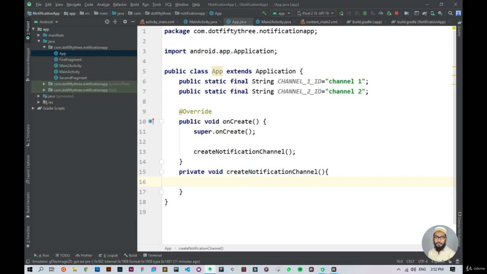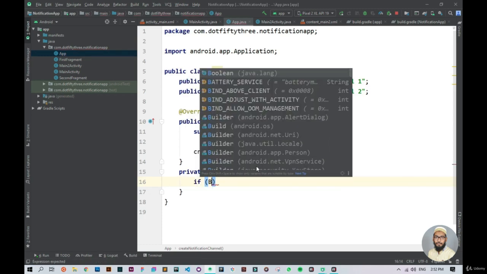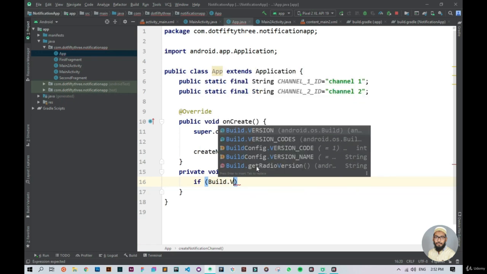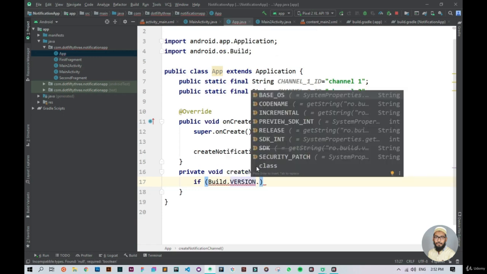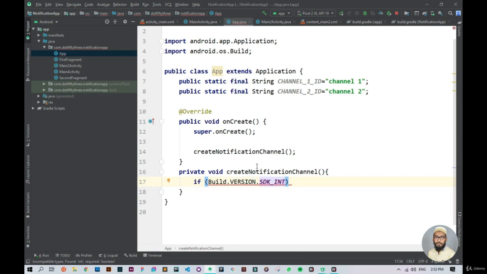So for that what we can do, let's just put an if condition here, and then I can say Build.VERSION.SDK_INT. As you can see, it comes from System Properties.getInt. So this line of code will actually get the version of the system. This is the Android phone, and then we will say that if